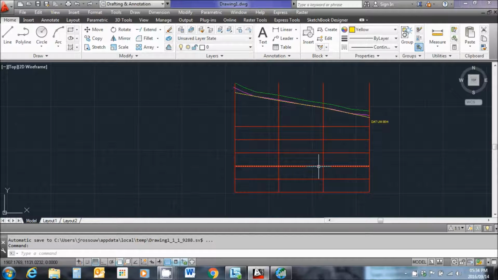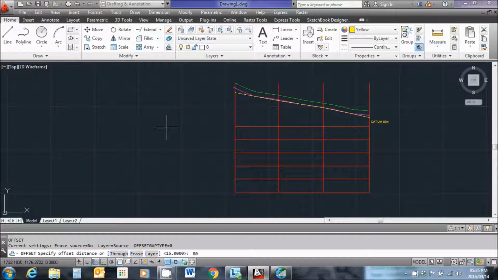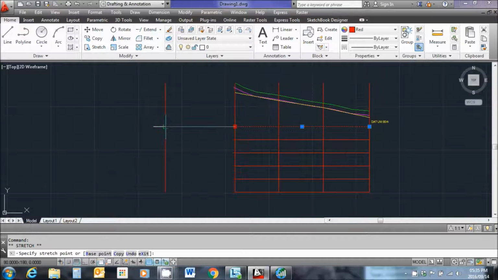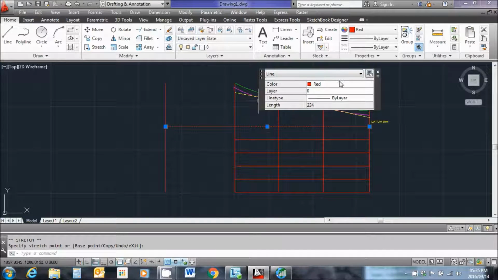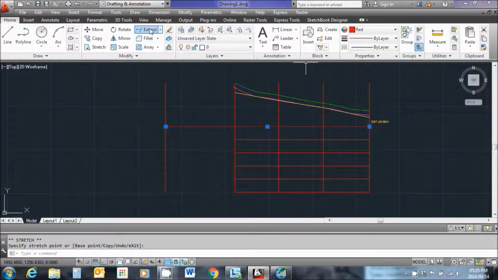Now to create the space for some headings, I'm going to offset this first manhole line. I'm just going to offset it by 80. Give yourself approximately 8 centimeters. Okay, let's try that again. Offset 80. Right. There we go to there. I'm going to extend this line through. Actually, I'm going to extend all these lines. Extend